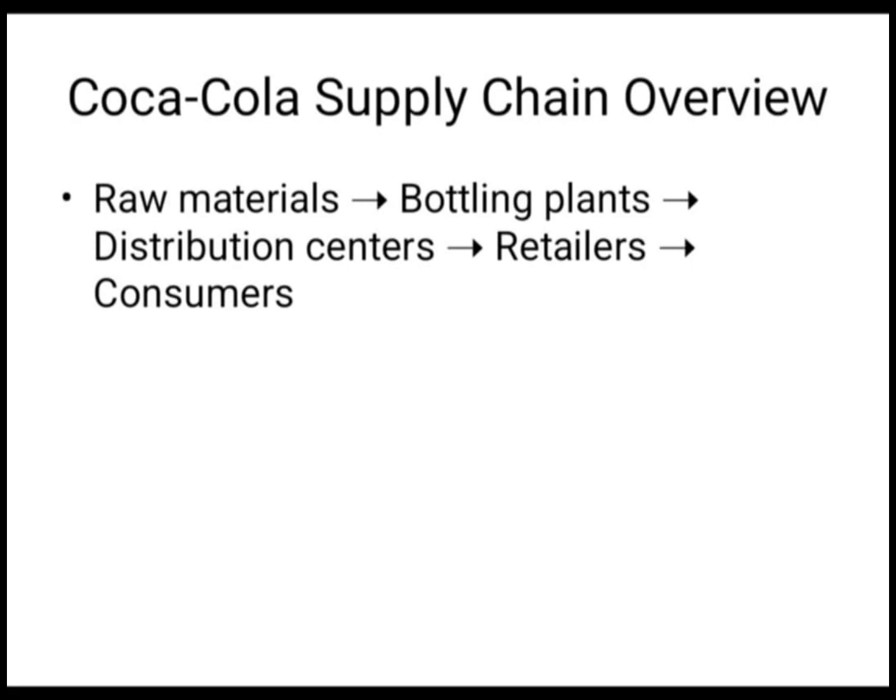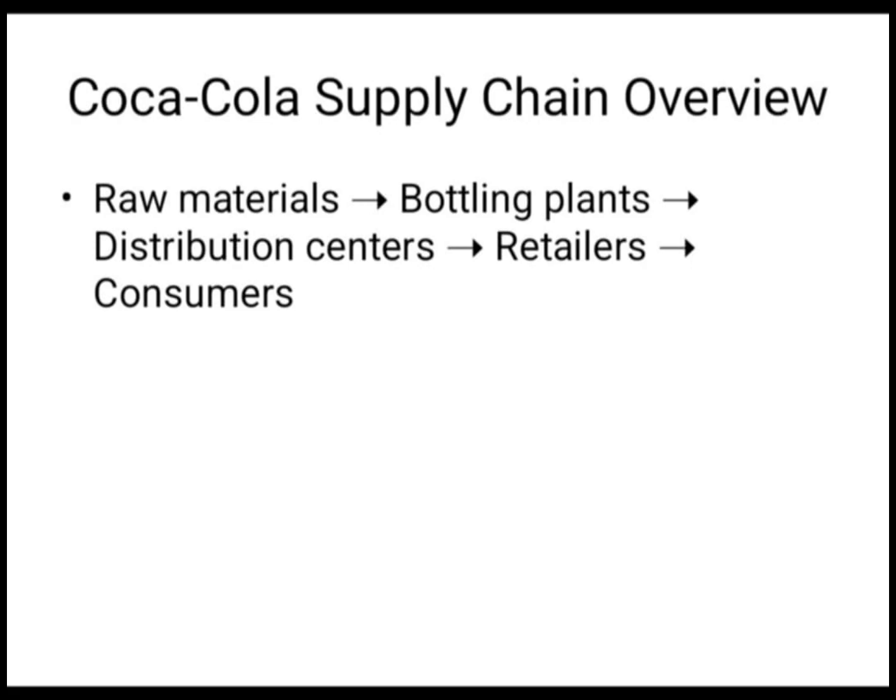Next, from raw materials, we go to bottling plants. These are factories where Coca-Cola syrup is mixed with water, sweetener and carbonation. Then it's bottled or canned, and each country has its own bottling partners that handle this part. For example, Coca-Cola Beverages Philippines Incorporated operates bottling plants across the country to produce soft drinks by reducing transportation